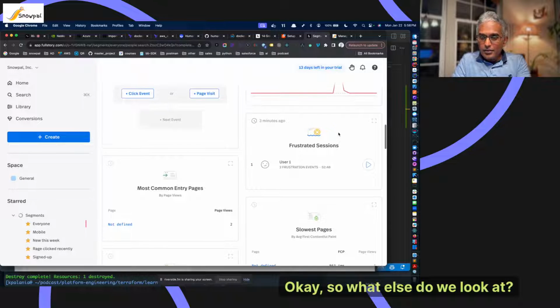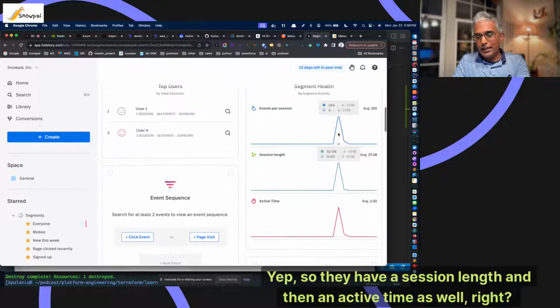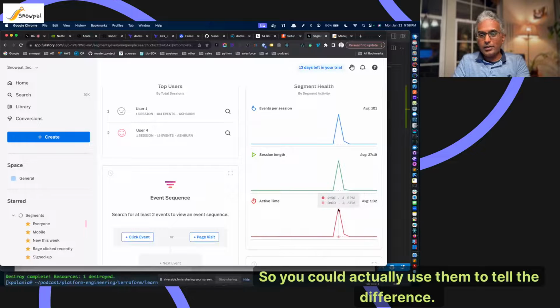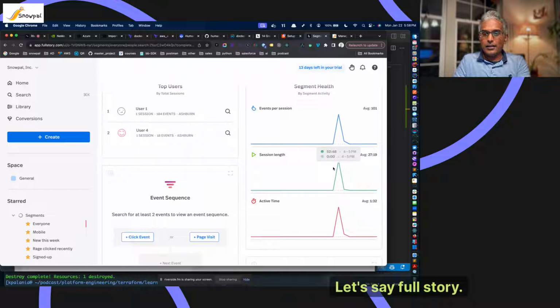Okay, so what else do we look at? Yep, so they have a session length and then an active time as well, right? So you could actually use them to tell the difference. And let's look at their documentation at this point. Let's say FullStory